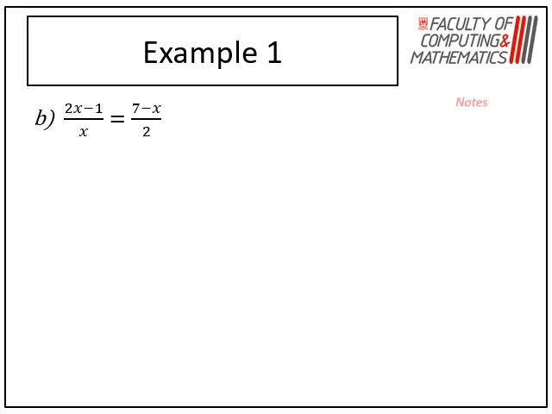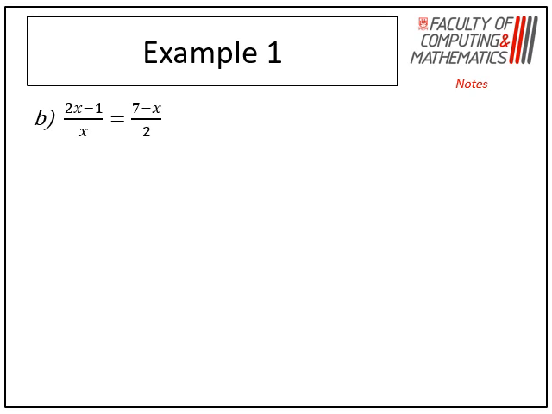Okay, looking at this second equation, you've got (2x take 1) all over x is equal to (7 take x) all over 2. So remember when you solve an equation that's got fractions in it, you want to get rid of the denominator. So you're looking at the x times table, the 2 times table, the smallest denominator that appears in both. Okay, so if we multiply through by 2x,